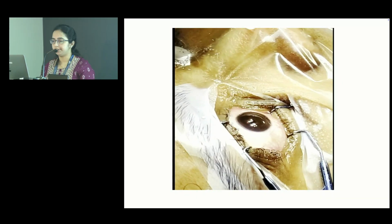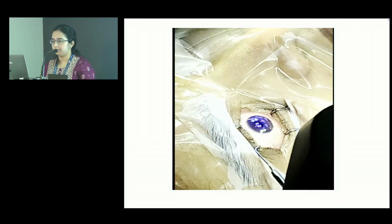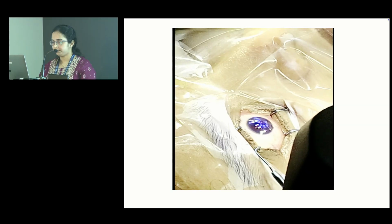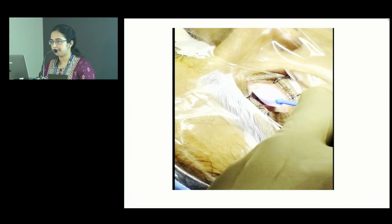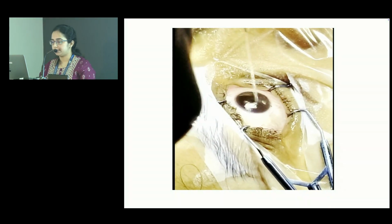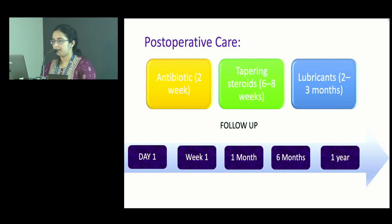This is the surgical video. Topical anesthesia was instilled. Then laser, followed by mitomycin C application, irrigation with BSS, and BCL was applied. Postoperative care: antibiotics were given for 2 weeks, tapering steroids for 6 to 8 weeks, lubricants for 2 to 3 months,